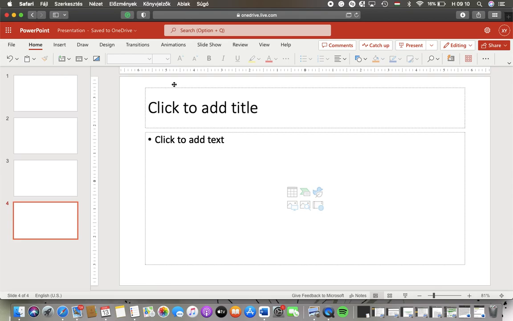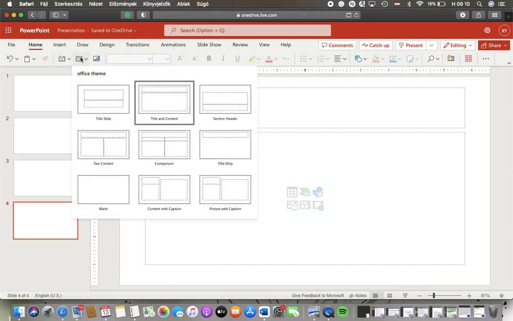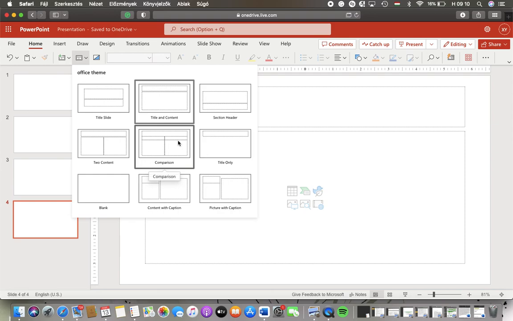Now let's jump into it. So first of all, go to the office.com website and create a PowerPoint. After that, go to your homepage by tapping on this home button at the top, and below you can find this layout button. So tap on it, and here you can find all of the available